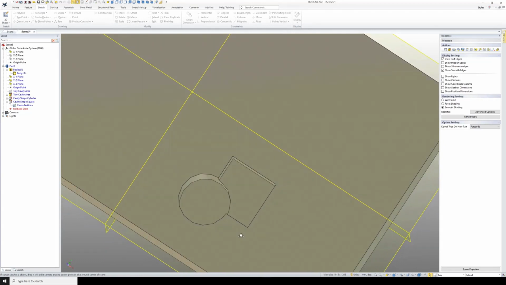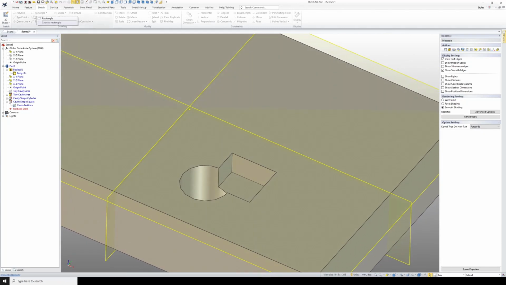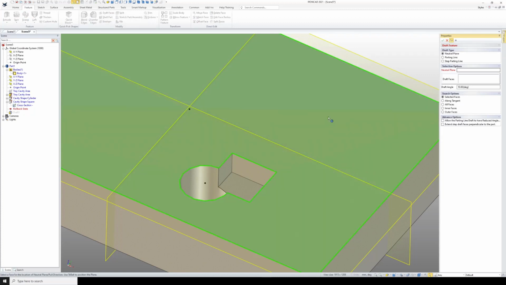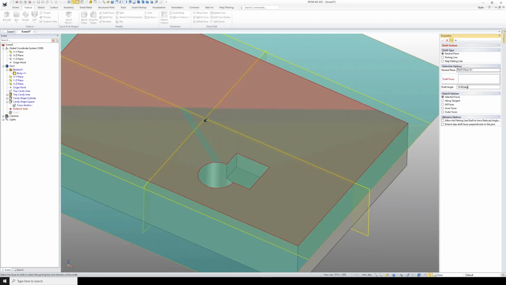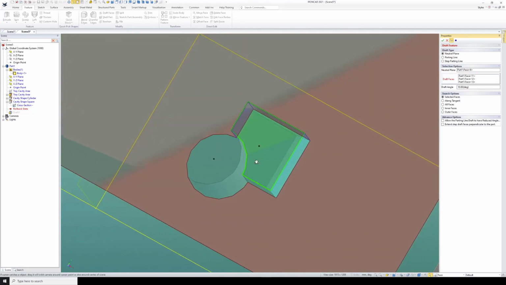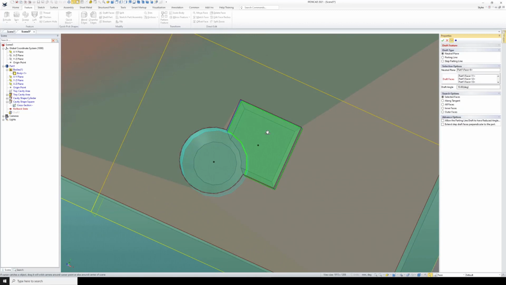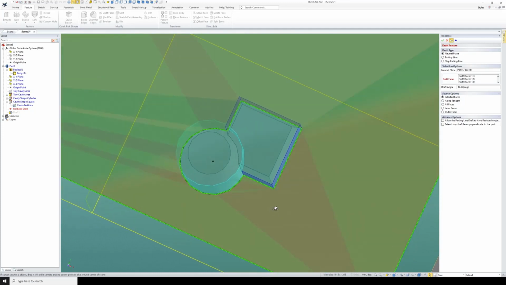but I need to add some more detail to my cavity. I'm going to need to add some draft. So going back to my feature tab of the ribbon, and I can select the draft faces tool, and in the properties panel on the right, it's asking for a neutral plane, and I want my draft to take place from this top plane here, and the faces that I want to draft are these side faces here, including that one. And I've applied a 10-degree draft, so it's really easy to see for our demonstration what's going